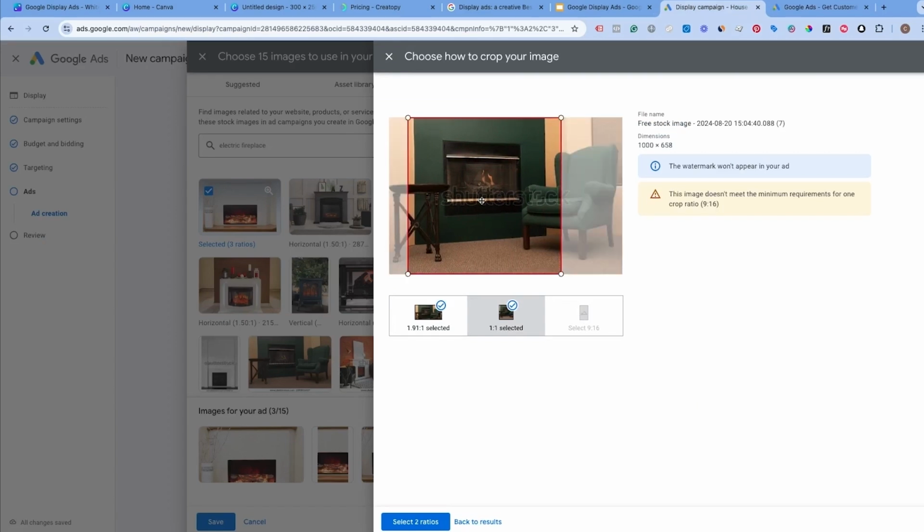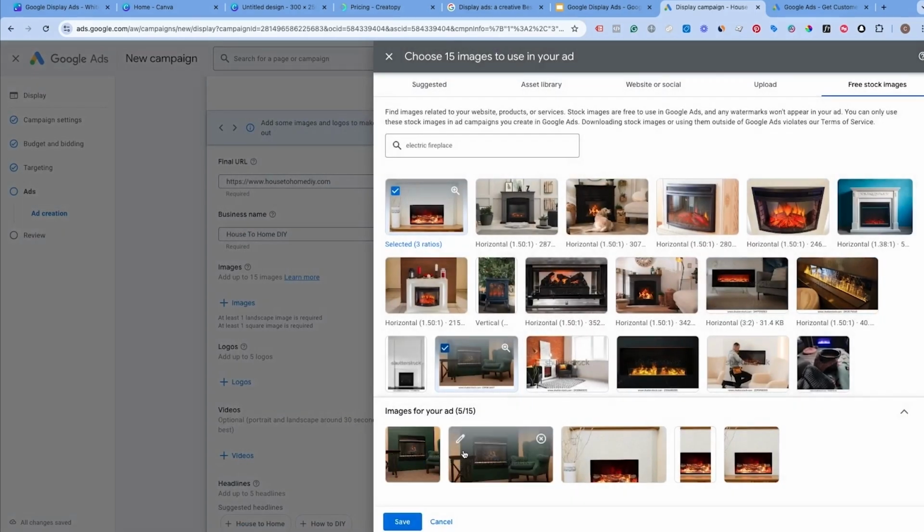You can see right now this has the Shutterstock watermark on it, but the watermark will not appear when you actually run your ad, which is nice. So if you like the stock images, this is a very quick way to get some display ads up and running. Or if you wanted to design some of your own, what I would do is